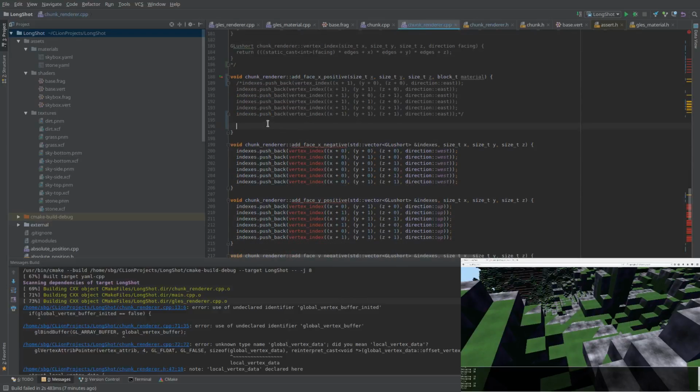So for our vertex data here, we are going to be pushing new vertices. So what we want to do is push back an object. Now for this, we need the x, y, and z coordinates first of all. And since this is a positive x face, and this is our local position, we want to center a chunk around 0, 0, 0. So that means that if we have sort of a